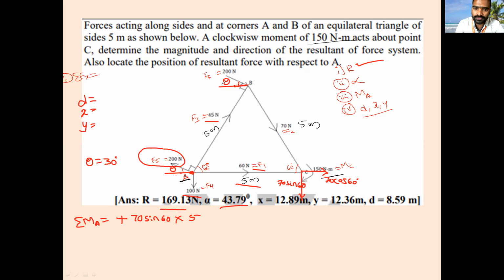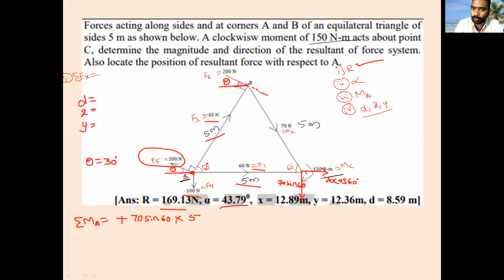Then coming to the F6 force. F6 force is making an angle theta with respect to horizontal. Here there are two approaches. One approach: the line of action of this F6 force is going like this, at an angle of theta with respect to horizontal, but the line of action is perpendicular to the given point. It means how much is the distance? He has already given directly 5 meters. So you can directly consider force into distance, or else how to do it otherwise?